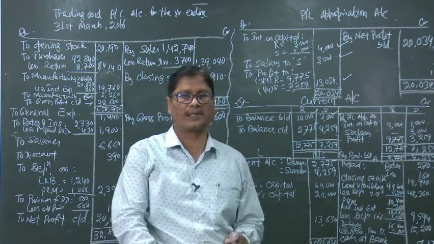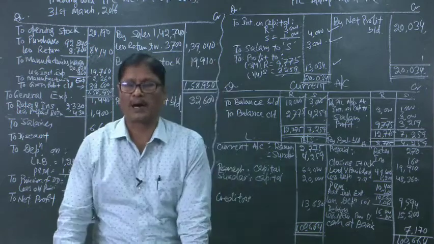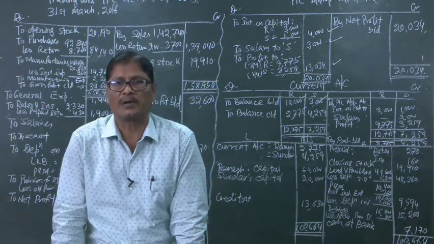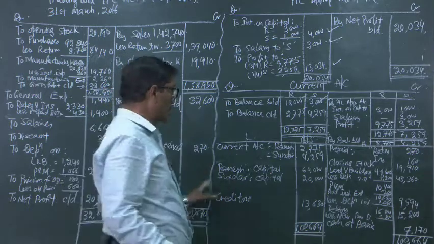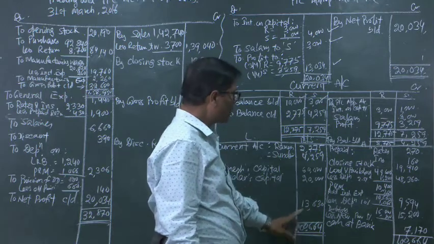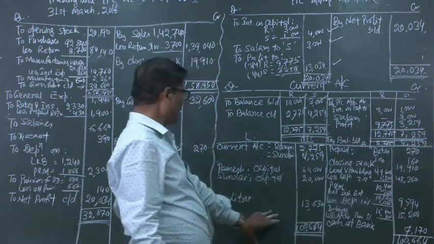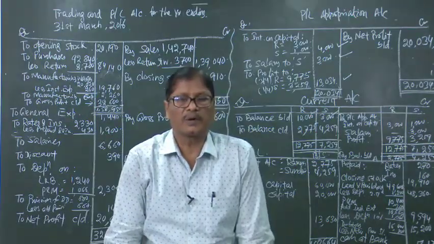If we are not getting the correct amount in both the sides, then our answer is wrong somewhere. So, it is better to do it simultaneously, so that there will be fewer chances of error and you can solve the problems, and in this way we finish this chapter, that is your final accounts.